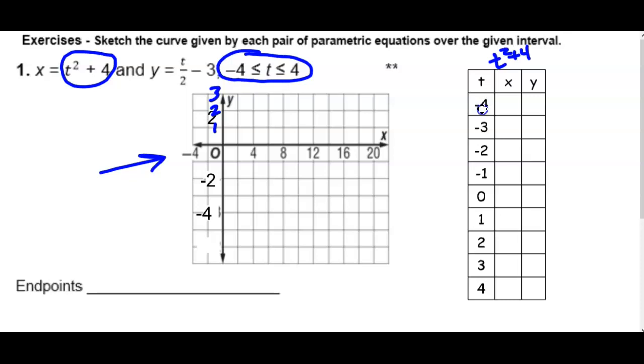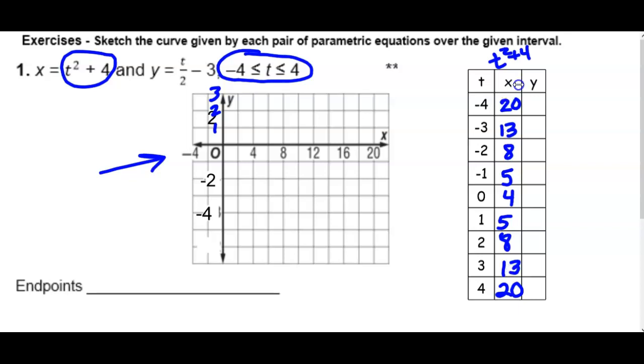So square this is 16 plus 4 more would be 20. 9 plus 4 is 13. Square this is 4 plus 4 is 8. 1 plus 4 is 5, 4, 5, 8, 3 squared is 9, plus 4 is 13. Make sure this is making sense. Okay, then